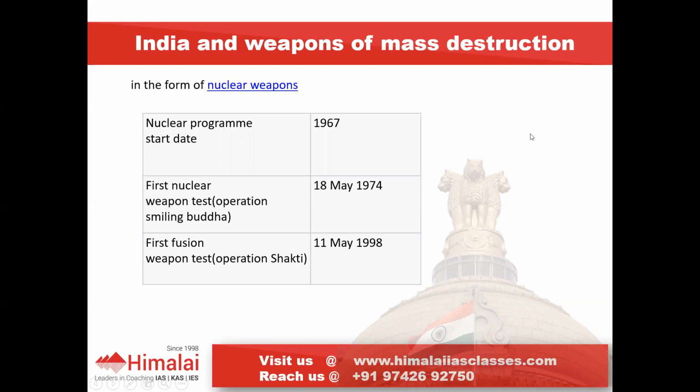Why does India feel NPT is discriminatory? As per the treaty, only P5 countries will have access to nuclear weapons. Nuclear weapons can be held by only these P5 countries. What are these P5 countries? They are the permanent members of the UN Security Council. You should know all these P5 countries. Only these P5 countries will have access to nuclear weapons.